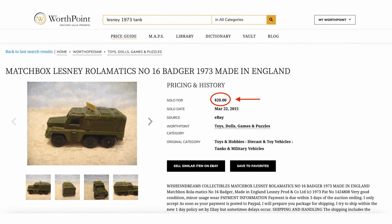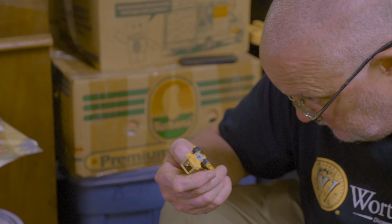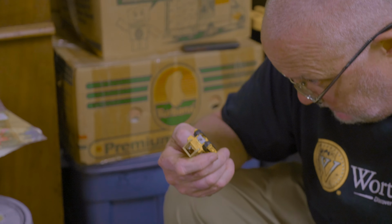You said 84 is around the time when things started being made in China. Yeah. So between the 60s and 84, things bopped around. We went from the 60s and Hong Kong making simple things made of plastic and rubber to more complex things made of metal in the 70s generally, and by the 80s things were being made in Malaysia, and now they're made in Vietnam and China. Macau,